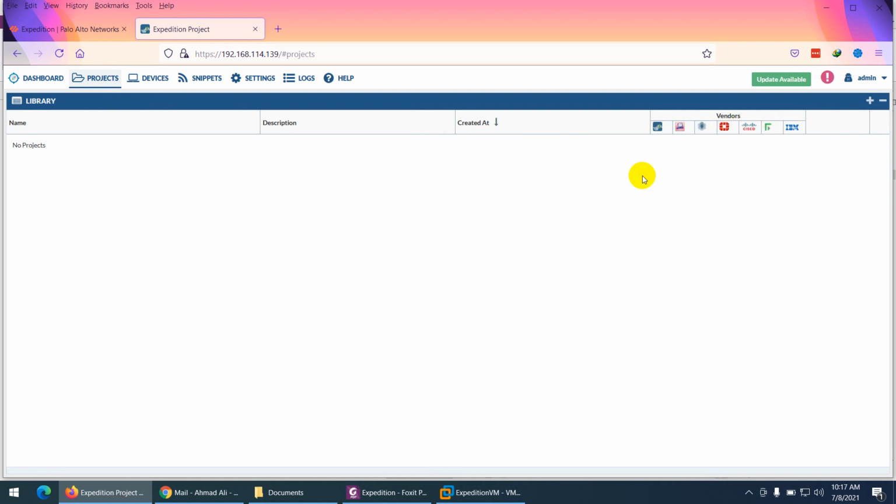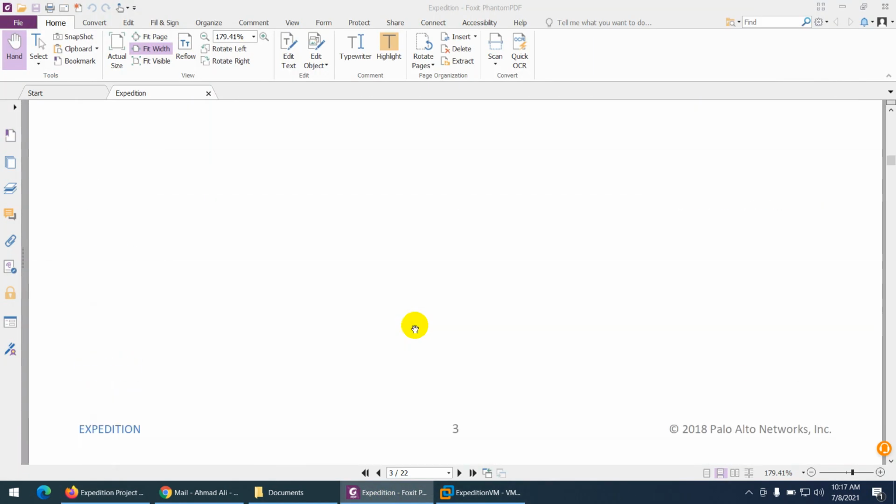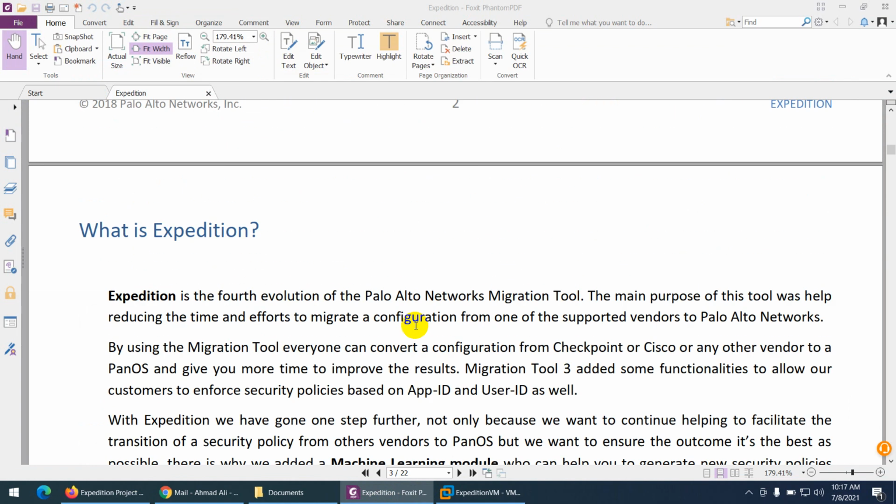These are the vendors they support, and you can import the configuration and export it to the Palo Alto firewall. We will cover this in the next video, but this is how to install and configure the Expedition tool, which is a migration tool to migrate from other vendors to Palo Alto firewall.